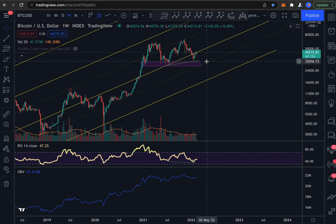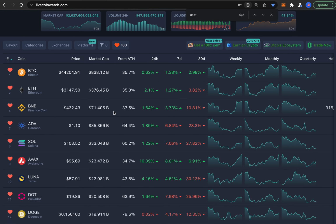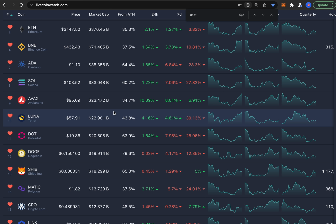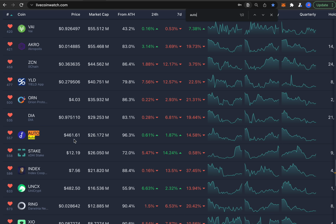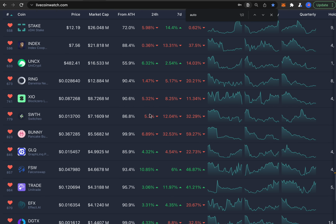I'm still bullish on Bitcoin and crypto in the long term, and especially in the altcoins, we have seen some massive, like 90% crashes. So for altcoins, there might be some good ones that you might consider accumulating. Like I have accumulated more Cell token. I was able to get Cell at 2.58 at the lowest price. Now it's 3.44. That was really nice. Also, I just bought Auto tokens at $400. I think that was a very good discount. So you might see some really good ones that you like. Those are just some